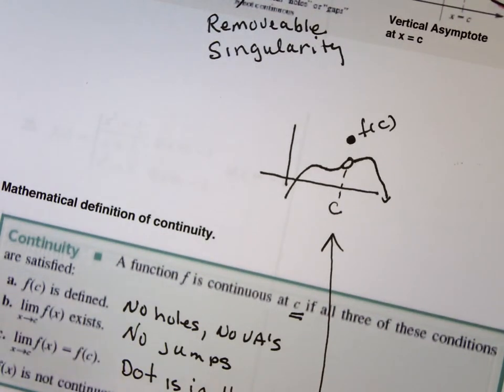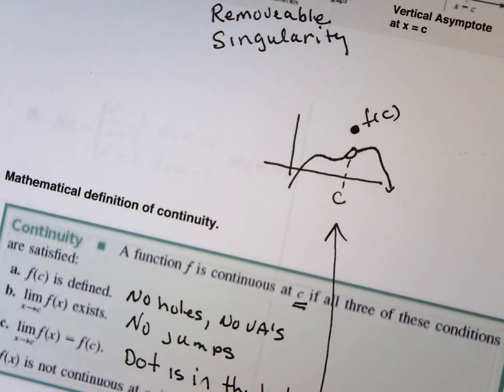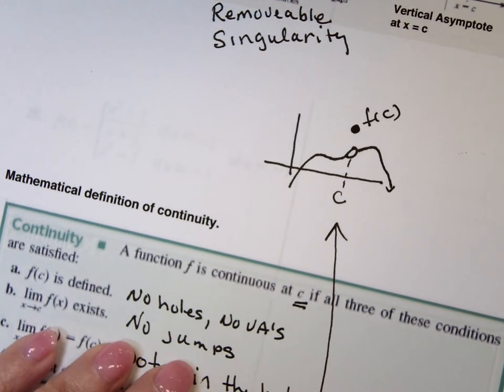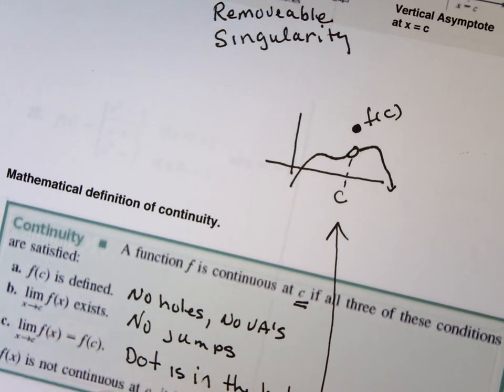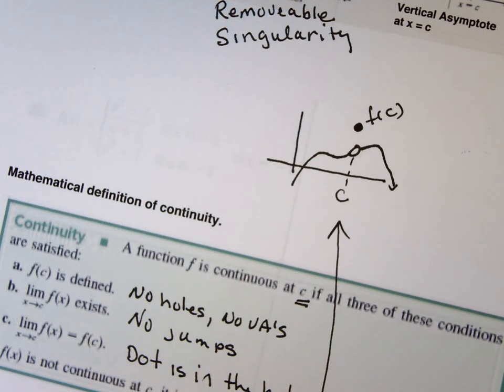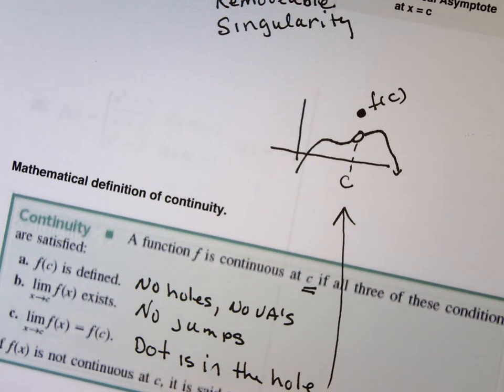So this is what we call necessary and sufficient conditions. These two are necessary, but they're not enough. You have to have the third one in order to basically force that dot to be in the hole so that you can draw it without lifting your pen. Ooh, that's ugly. Now, here's the question. Do we